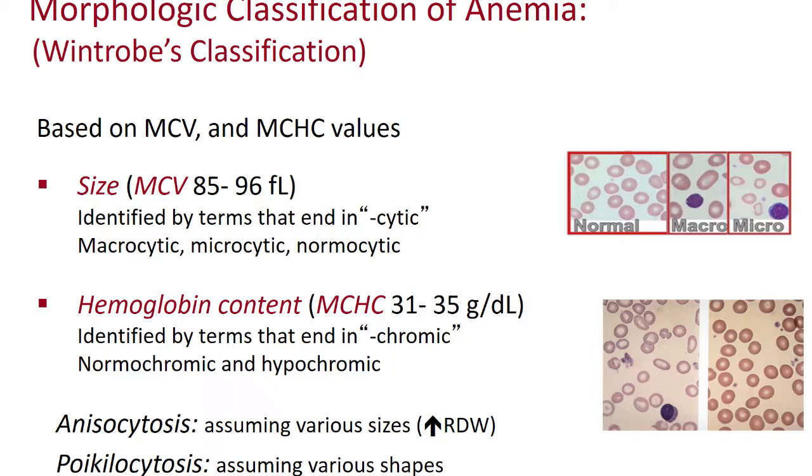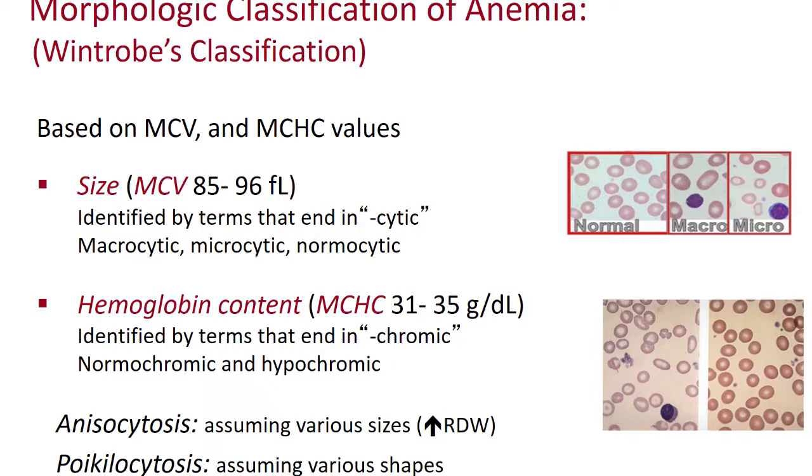Normally, the average size of the red blood cell is somewhere between 85 to 96 femtoliter. This is the normal size, or what we call the normocytic. If you have a patient with anemia, low H&H, and the MCV is less than 85, we classify this anemia as microcytic anemia. If you have a patient with anemia and the MCV is more than 100 femtoliter, this anemia